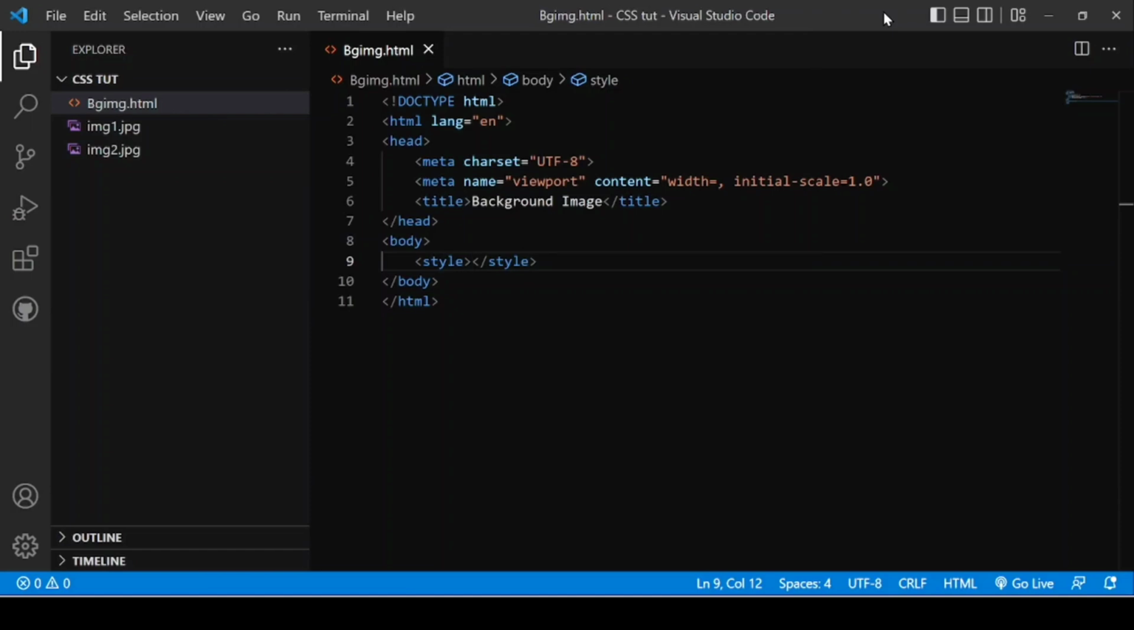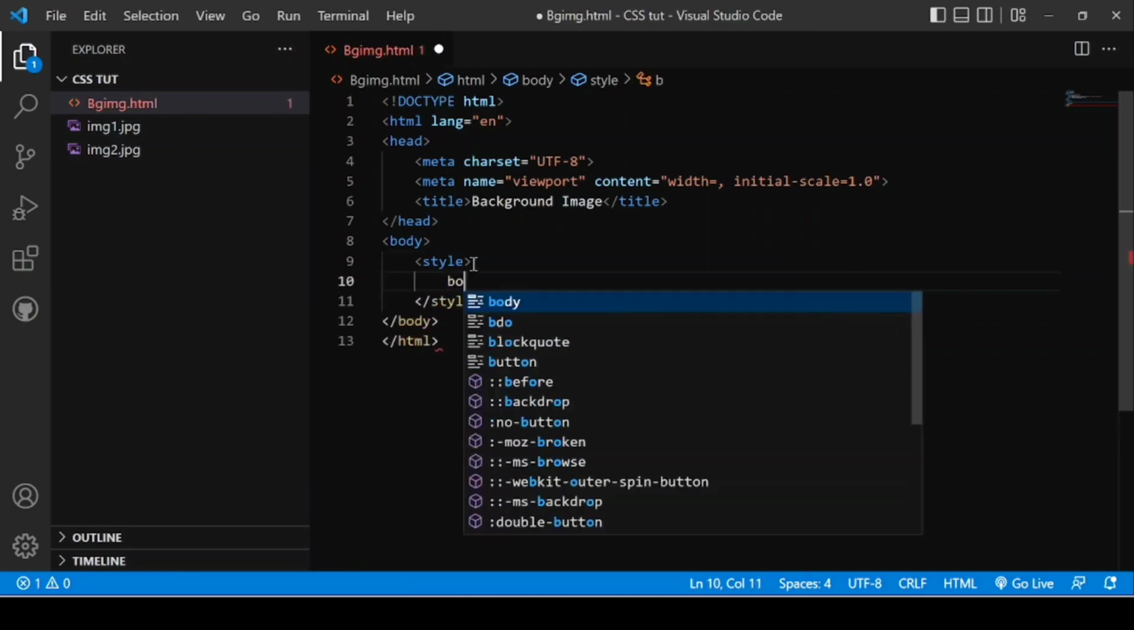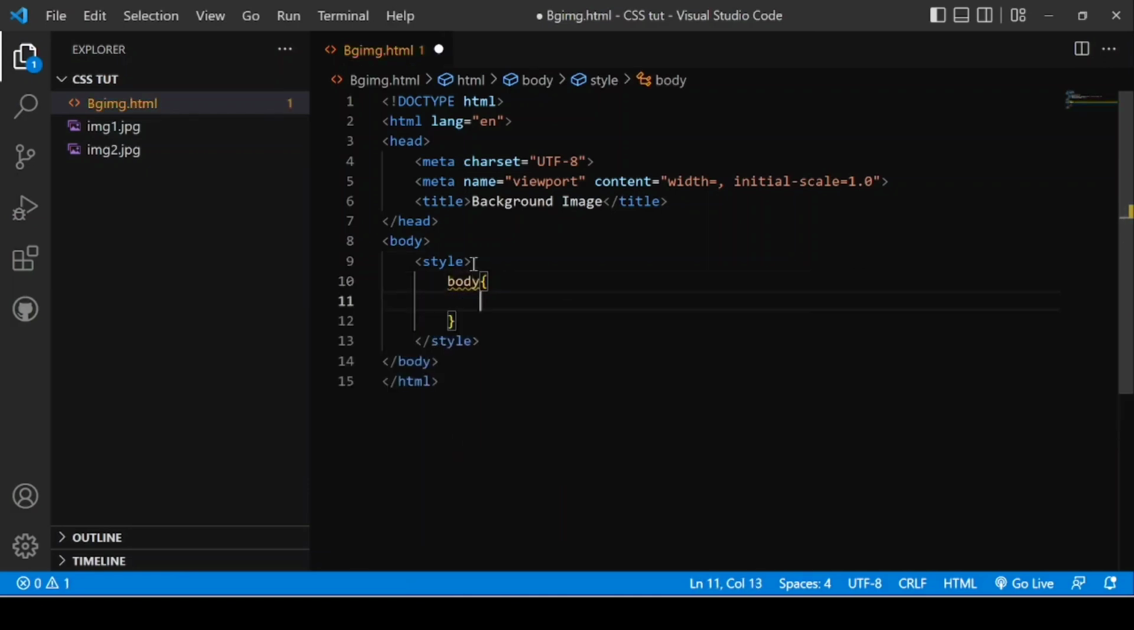Now let's discuss how we can implement a background image in our HTML page with the help of CSS. Without further delay, let's start. First of all, I have this type of structure. Okay, now I choose the style tag, and in the style tag I use body, curly bracket. Now I set the